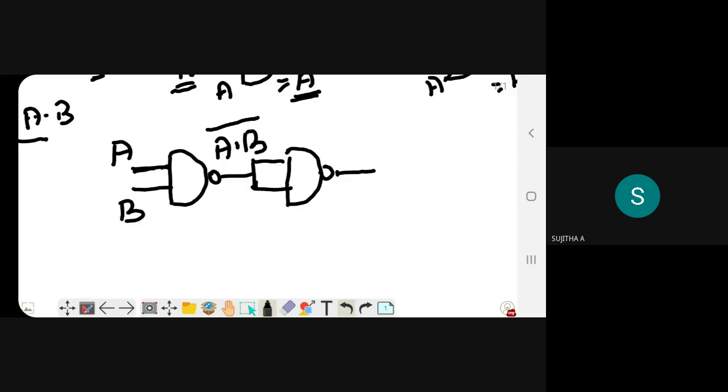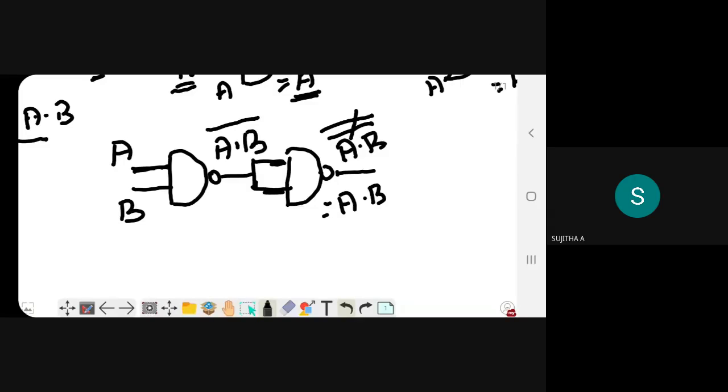The same A dot B, both the pins will receive the input as A dot B, the whole bar. Then you will get the output as A dot B, double bar. Both the bars get cancelled and the output will be like A dot B.